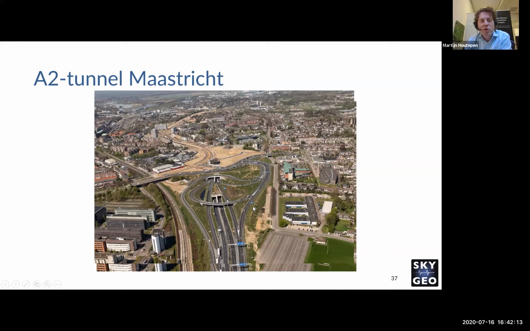While this tunnel was constructed, in the period of 2011 to 2014, there was some groundwater extraction to be able to construct the tunnel. And people who are living just outside this picture on a hill have reported damages. And this is a large construction program. The reporting of damages can take very long. So there's a special commission in the Netherlands which handles these types of claims that have to do with